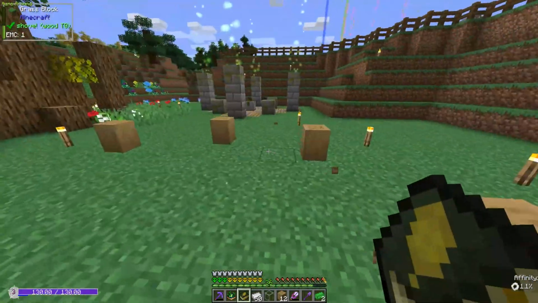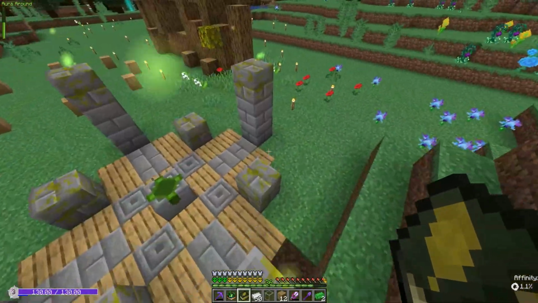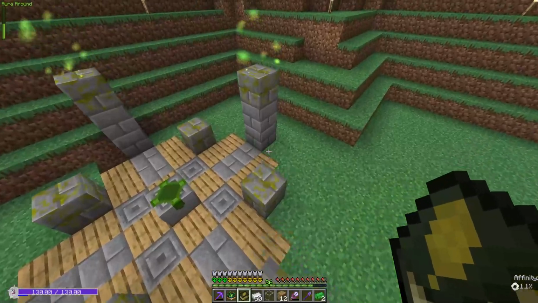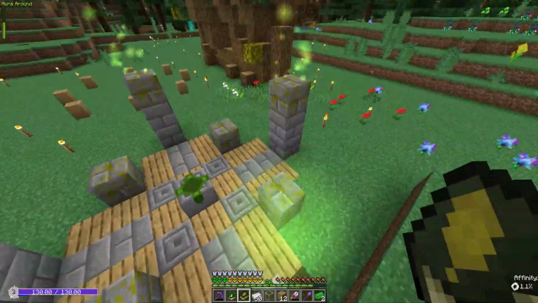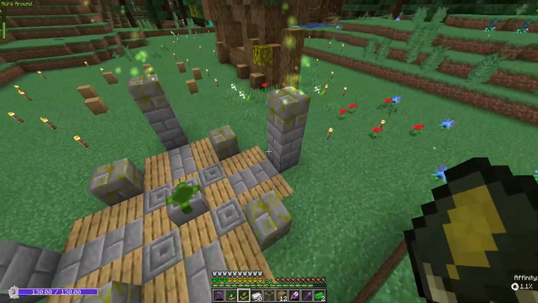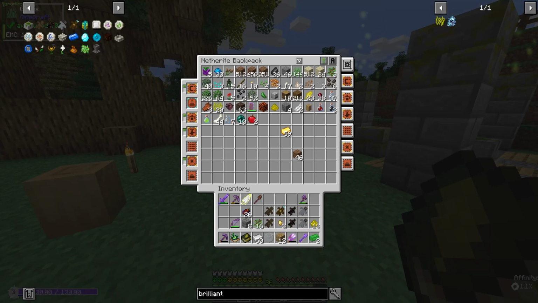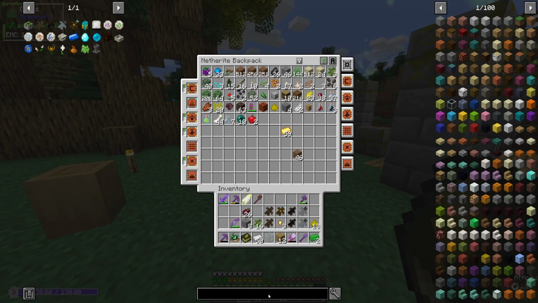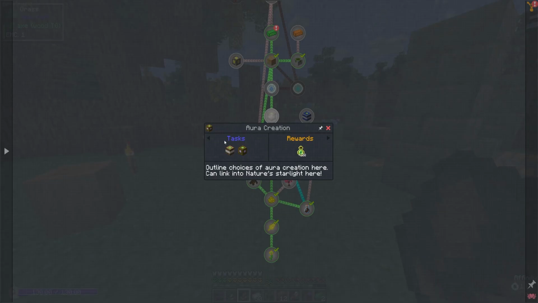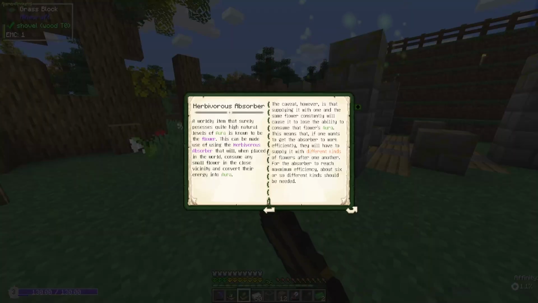And we can set up an automated process with that to automatically cycle through flowers and place them as they get consumed. That'll just be done with dispensers, but we can collect all the flowers and get that going properly. So let's go ahead and make these items. We need 2 things, and we'll pull those from our quest book. The Canopy Diminisher, and we need the Herbivorous absorber. And also the Canopy Diminisher